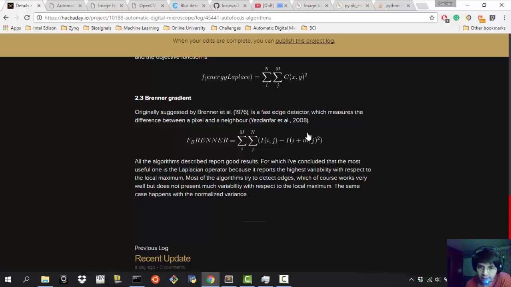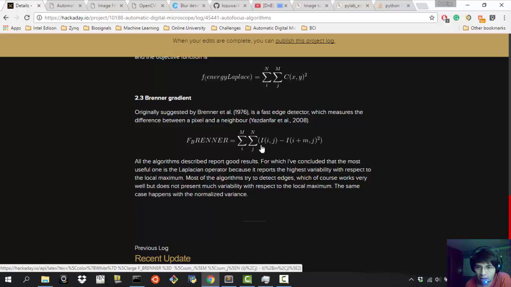So this is basically what it does. And as you can see, you don't calculate the power of the image. You just take a pixel by pixel, and then you subtract it from a pixel that is m spaces away